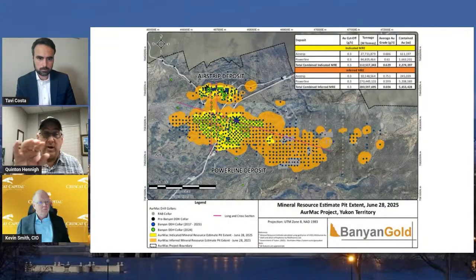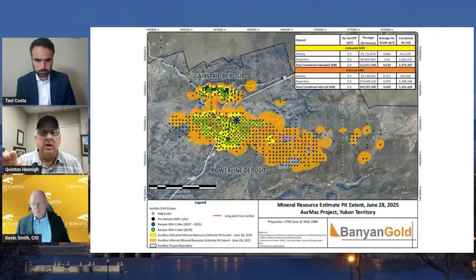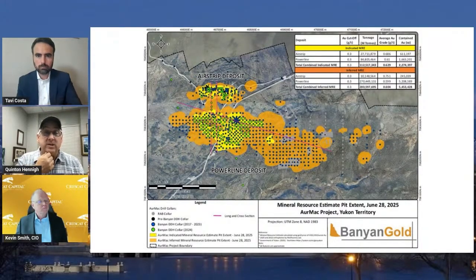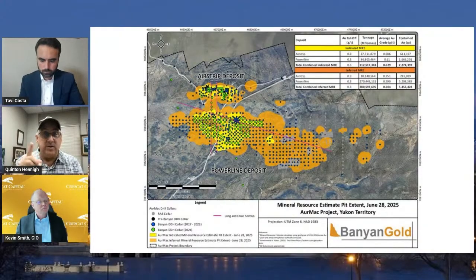But the takeaway here is the footprint of this system. You see the scale down there, that bar is 2 kilometers. So this thing from east to west is like 4 or 5 kilometers in size. Huge. That's bigger than Fort Knox. Now the yellow is where they have indicated, the orange is where they have inferred. This is an enormous gold system. And the other thing I'm going to point out, go to the next slide,